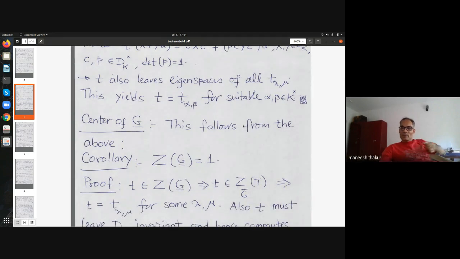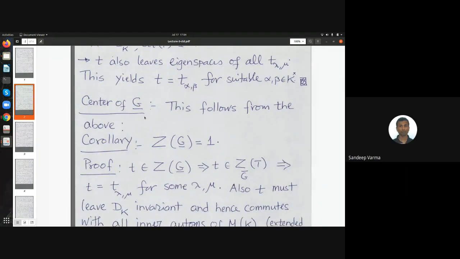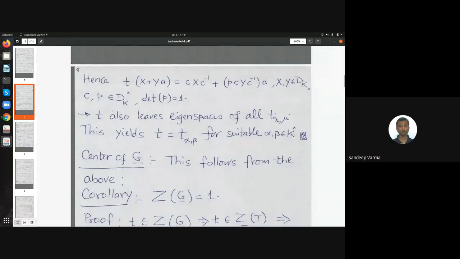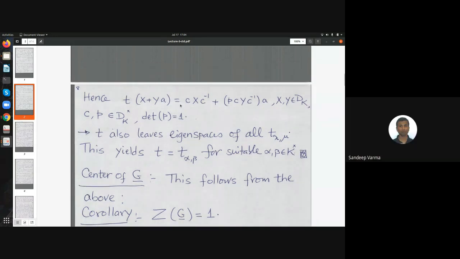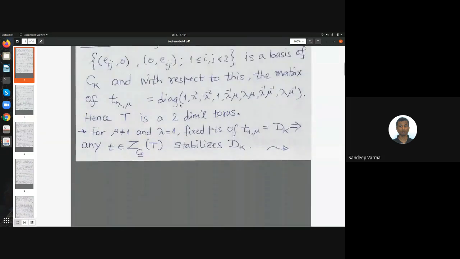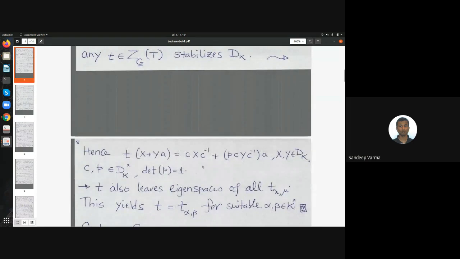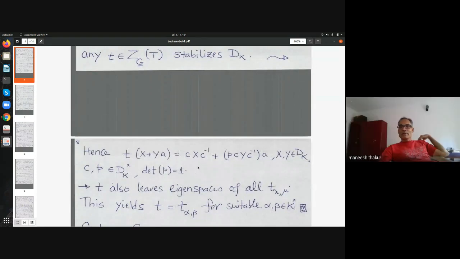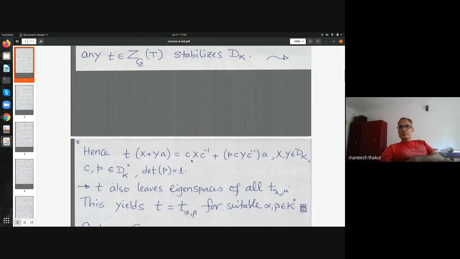Already, I feel people want to throw tomatoes at me. Sorry, could I ask a question? Sure. So, what is the subgroup generated by all the elements associated to the C and the P? The element that you have written on the top of the page, C x C inverse plus P times C by C inverse A. Yeah, this one. So what is the subgroup generated by those? Subgroup generated by what? The elements of this form as C and P vary, those automorphisms? Yeah, that is subgroup D.